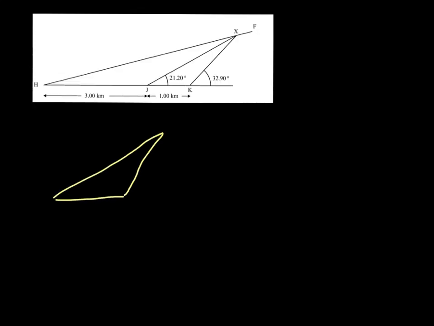So if I draw out the diagram with the triangle JXK, I have 21.2 and 1, and I can work out this angle here. It's 180 minus 32.9, which is 147.1. That way, to work out JX, I am going to use the sine rule. It means that I need the angle on the opposite side. So I'm still missing an angle, and I need to work out the angle at the top. 180 minus 147.1 minus 21.2, which is